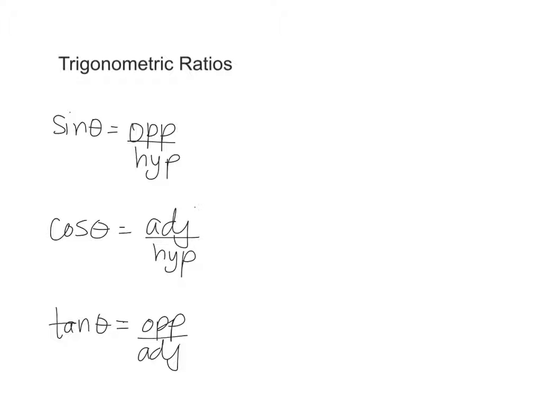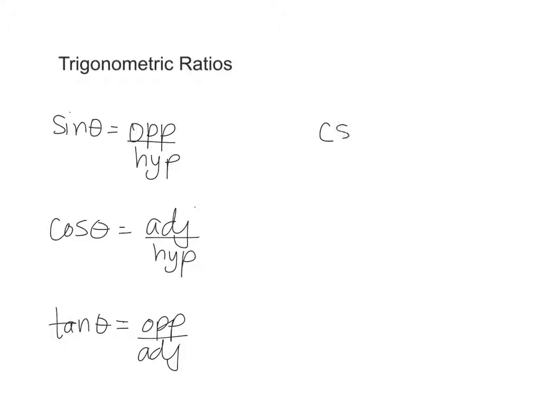And you've done a fair bit with these before because you worked with it in grade 10, and then again in grade 11. And in grade 11, we also would have looked at the sine law and the cosine law. So you should be fairly familiar with these. These are the three primary trig ratios. There are also three secondary trig ratios, and those are